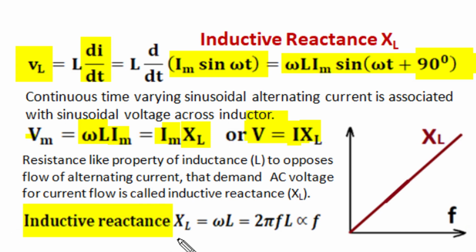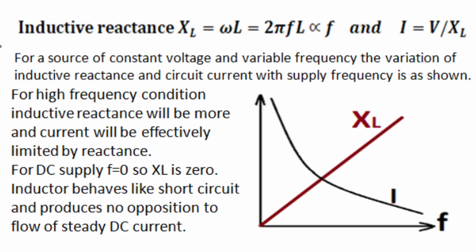Here this inductive reactance is the product of angular frequency and coefficient of self inductance, or is equal to 2 pi FL. This expression clearly indicates that inductive reactance is directly proportional to frequency, and there exists a linear straight line relationship between inductive reactance and the frequency of the alternating current passing through the inductor. Inductive reactance of a coil of coefficient of self inductance L Henry is omega L or 2 pi FL,